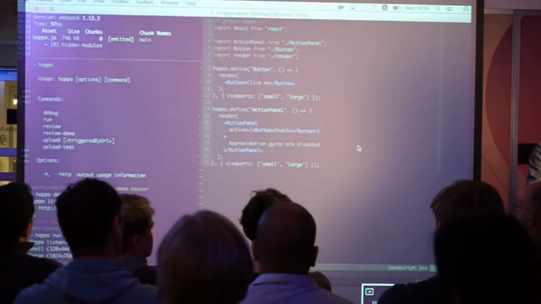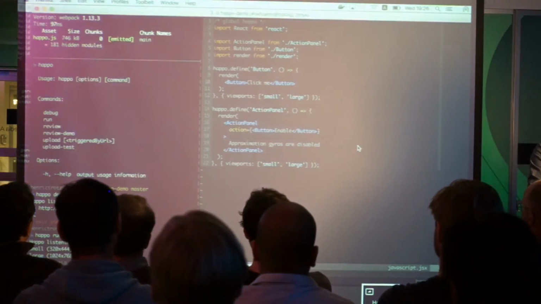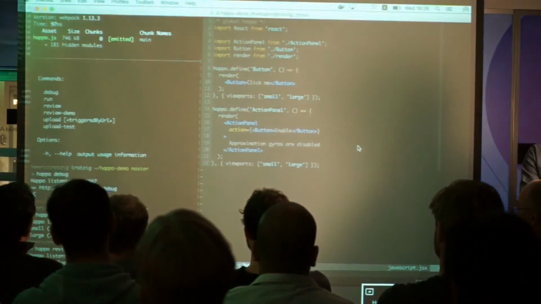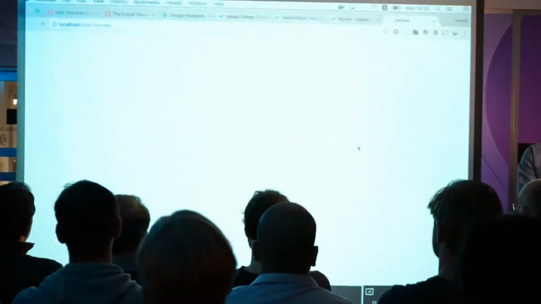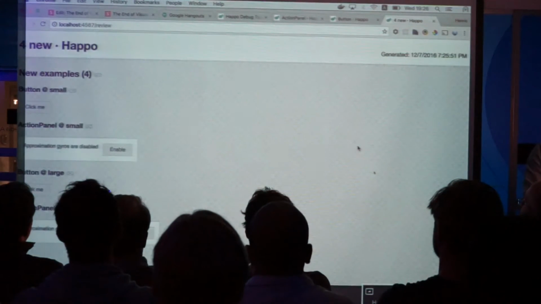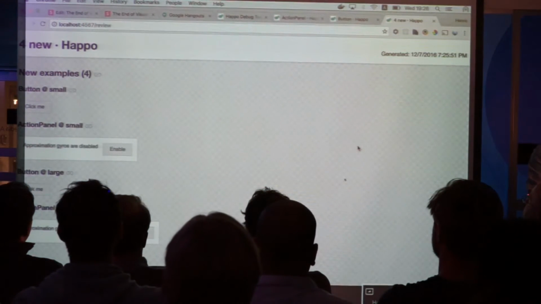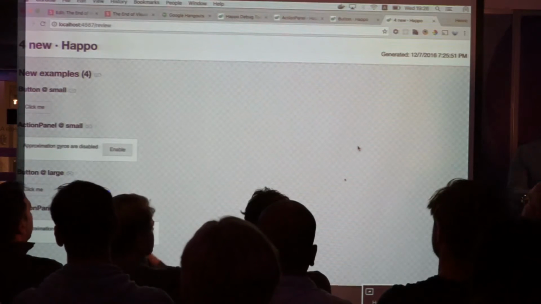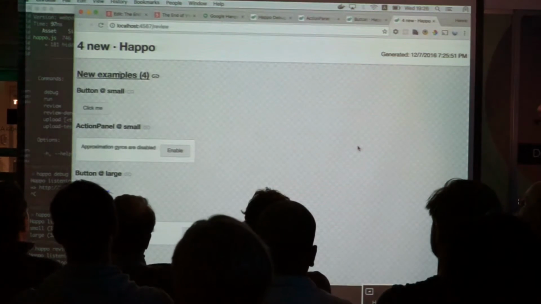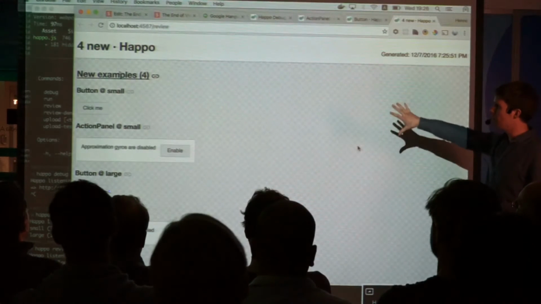So what did that do? Anytime you run Happo run, you can always do Happo review after. You can bring up this page. Let me zoom out. This is the main review page.